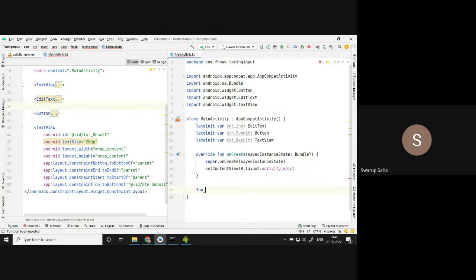Whatever function name you want, you can give it. I am declaring a function so that I can initialize my views. So I chose the name initView because I have to initialize these 3 views. They are not yet initialized. I have to initialize them. So how do I initialize it? findViewById method, already somebody told. Yes. So edt_input equal to